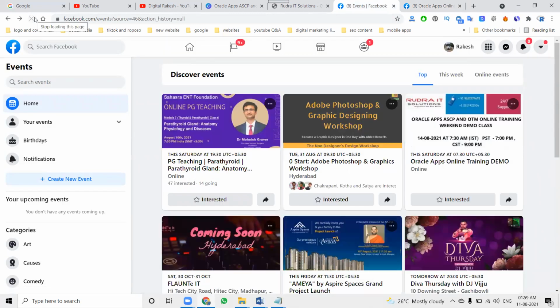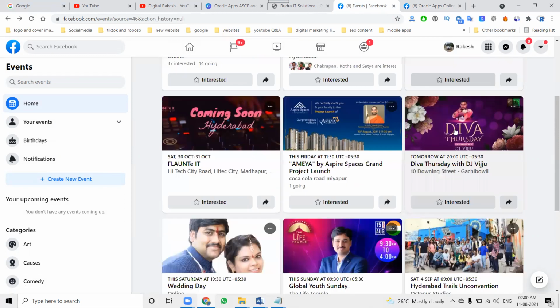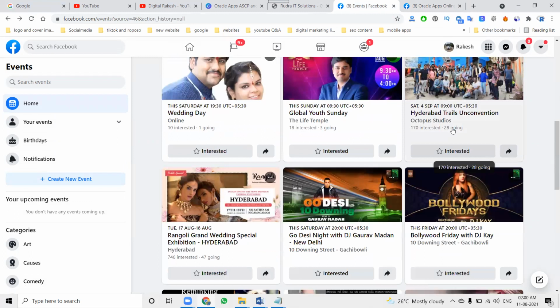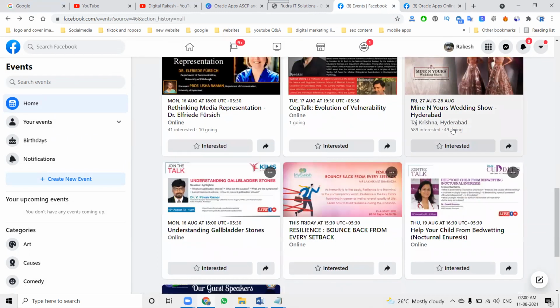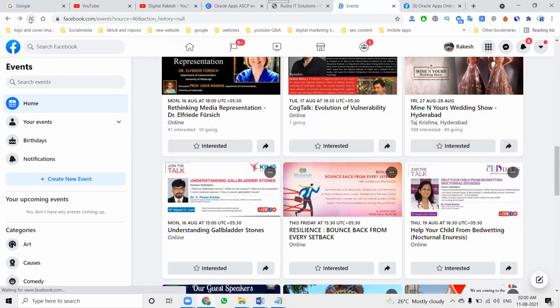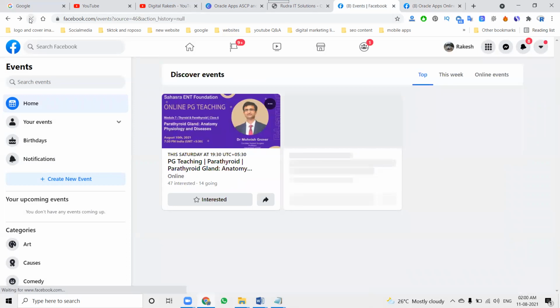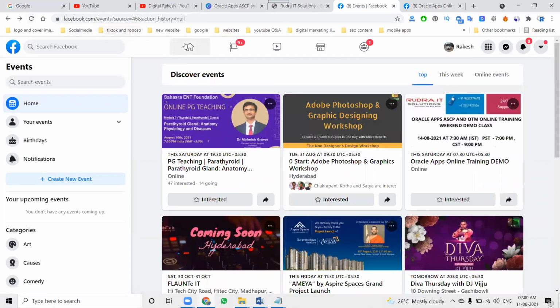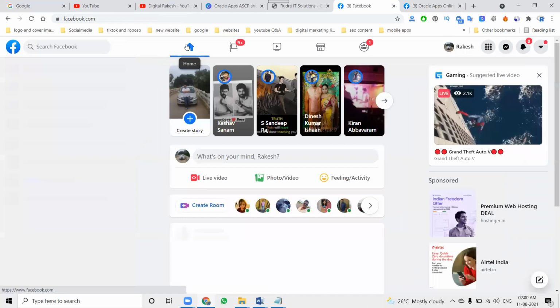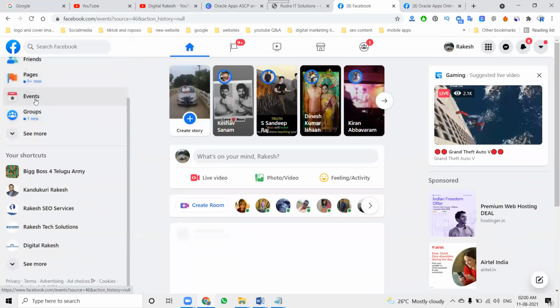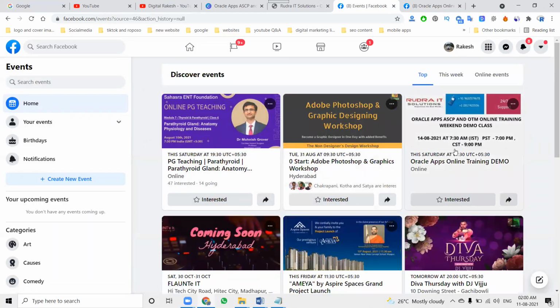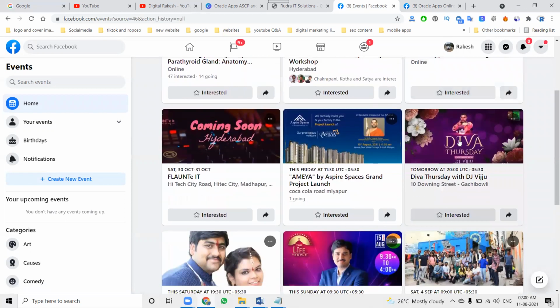This whole event can be shown wherever your public views your Facebook profile. I'm creating it as a page, so they can't see it on the profile, nothing like that. But whatever events you create on the page, they show on your profile also. See this one here. Whatever events you create will all be shown here on the particular Facebook profile to the customers. Anyone can see the events. Go to the profile option, click the event option in this, and the events will be shown to the particular customers.